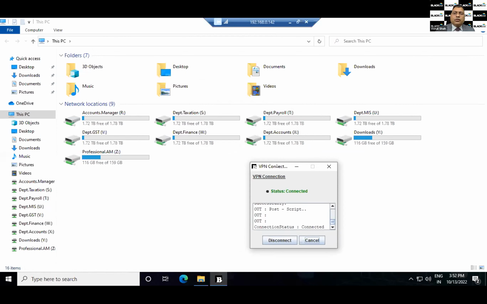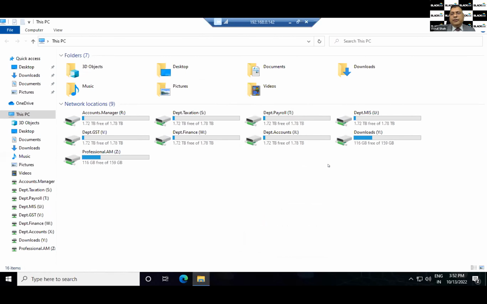So the user can work on his local drive as well as on his cloud drives. And remember, these cloud drives are only the folders which are allocated to this particular user. If there is some other user who is allocated some other folders, then only those folders will be opened in his VPN connectivity. So this is how you can make sure that users have an enterprise experience on their data access controls.